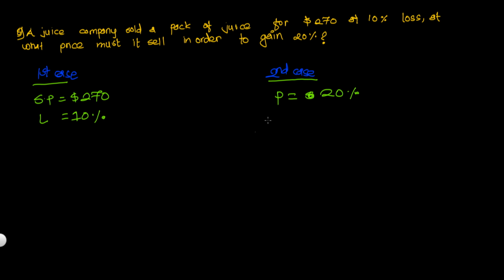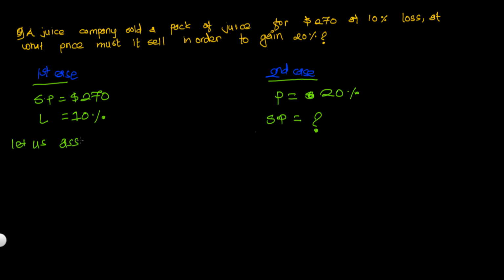So we want to find the SP of the juice so that the gain percent or the profit percent is 20% in the second case. That's our question. In order to solve this problem, first we should know what our CP is. Once we know CP, we can get the loss in this case and the profit in this case, and solve it for SP. So from the first case, let us